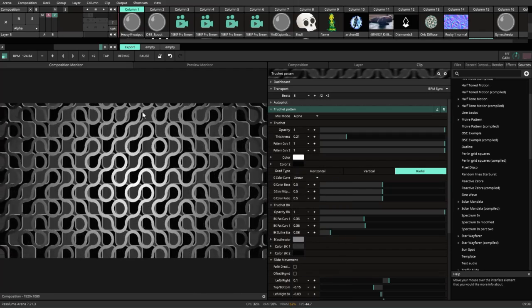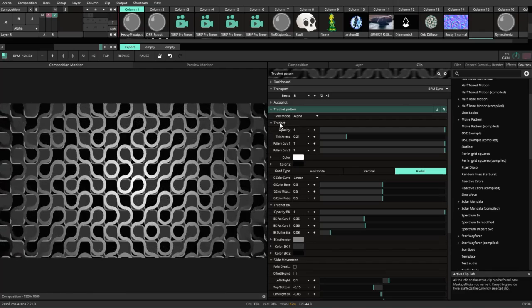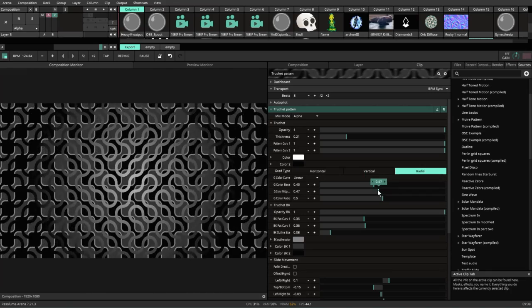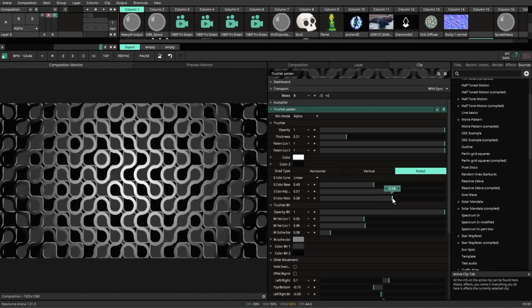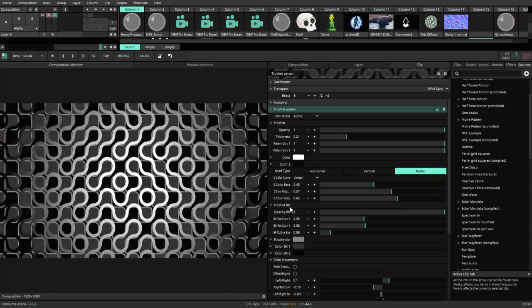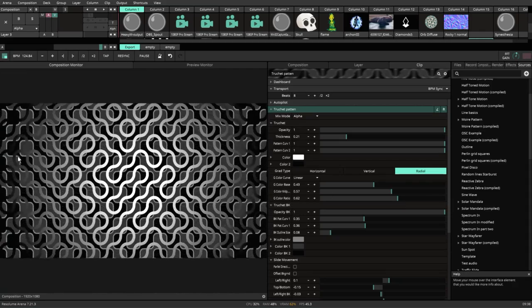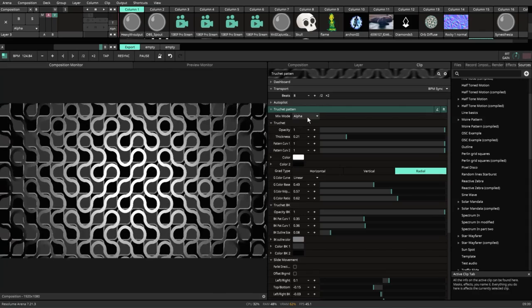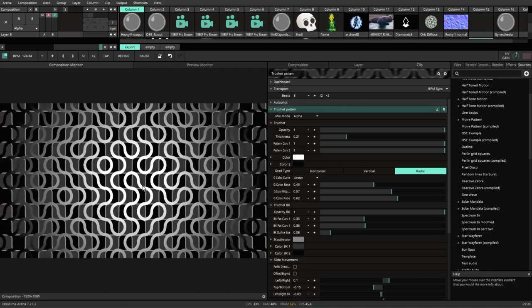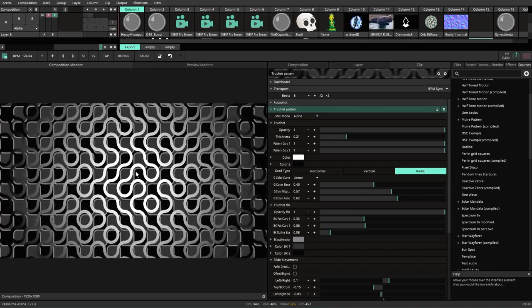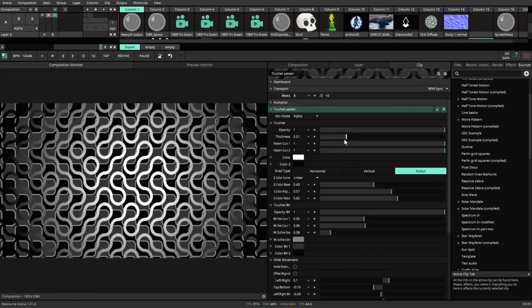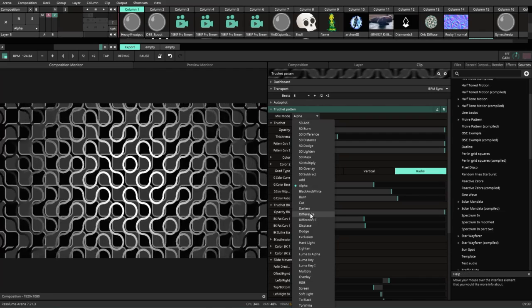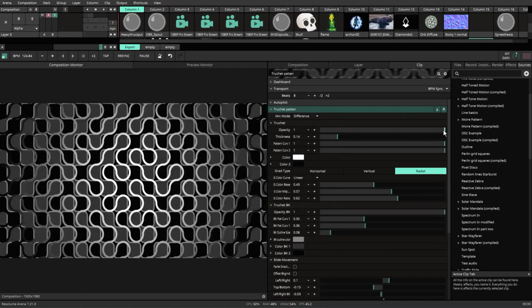There may be cases where you want it to bleed out further, and if it's still not enough, there's options here to change the base and the midpoints and the ratios. These are basically just the levels to change the color of those gradations. So it just gives you an additional option to make it more granular, where you want your whites and your darks. It allows you to control that gradation a little bit more. The other thing that is quite nice about this is the mix mode at the very top. It gives you the option to do all kinds of crazy stuff if you so choose to